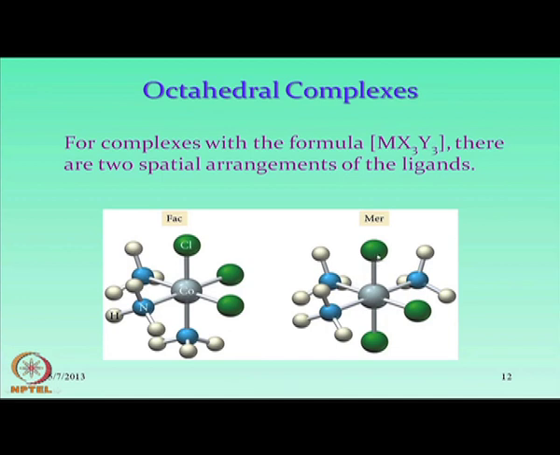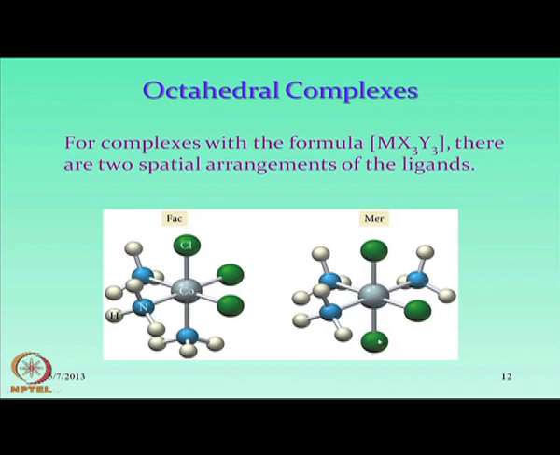And in another case, what we are doing is interchanging this chloride with this NH3 group. So, if these two cis positions, one occupied by the Cl and another by the NH3, are interchanged, we get the orientation of these 3 chloride groups in such a way that it is